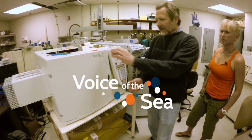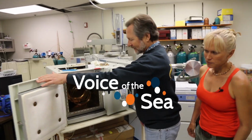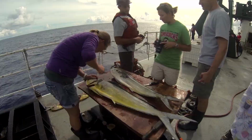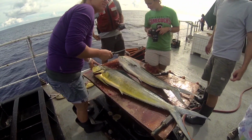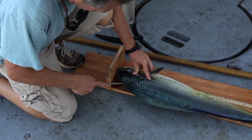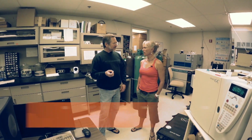Welcome back. University of Hawaii professor Brian Popp shows us some of the lab equipment his team uses to understand where in the environment fish are feeding. Brian uses samples of fish tissue to trace elements like carbon and nitrogen. We prepare that sample with a bunch of chemistry, and